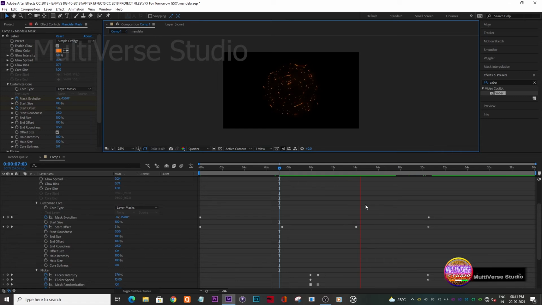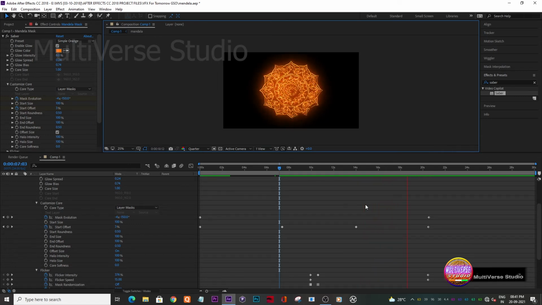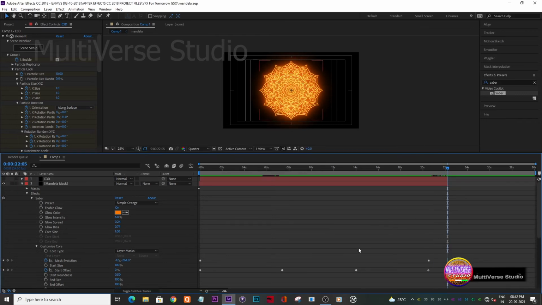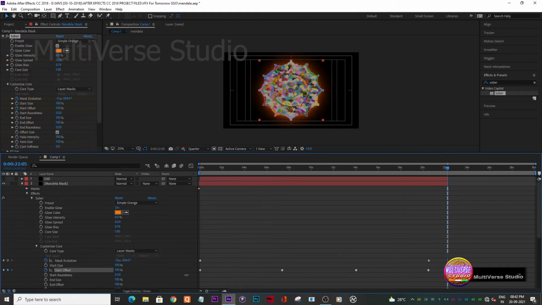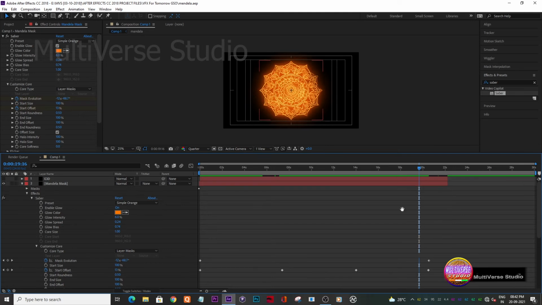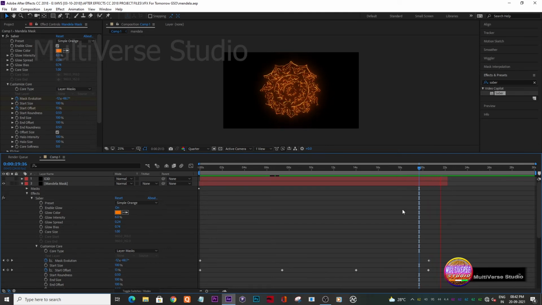So it looks really beautiful, and let me increase both of the layers, the Element 3D and this neon layer, a bit more, like 24 seconds or 22 seconds, so that I can end the animation without using any opacity on this neon layer. So it will end like it's completed the whole neon layers of the animation. So here is the final VFX.